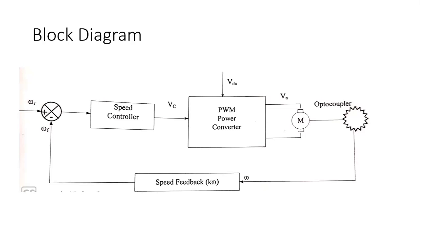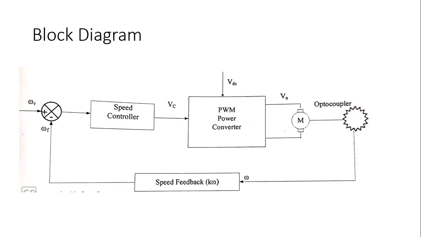And this error signal is then given to the speed controller. When we say a controller is being involved here, there are several types of controller that we can use. In the kit that we are making use of, the VI Microsystems kit for the servo motor, the speed controller is given in terms of a P controller, PI controller, and PD and PID type of controller. So we can use any of this configuration in order to control the speed of the PMDC motor.